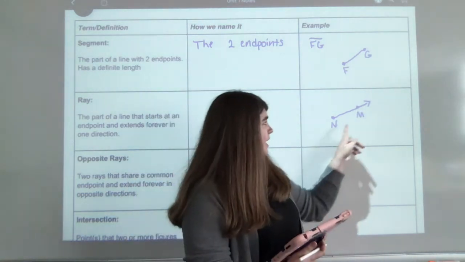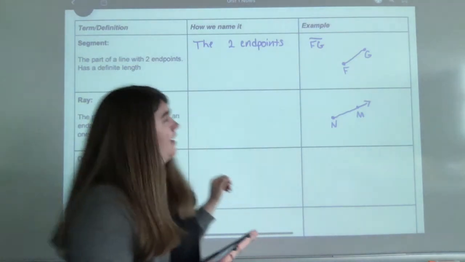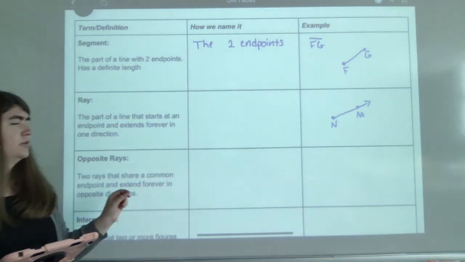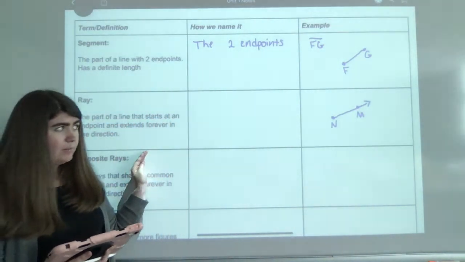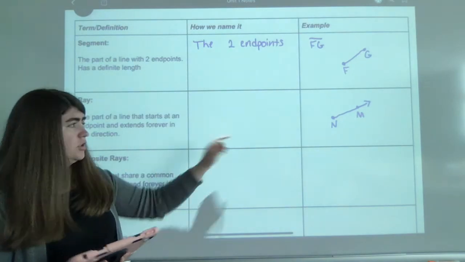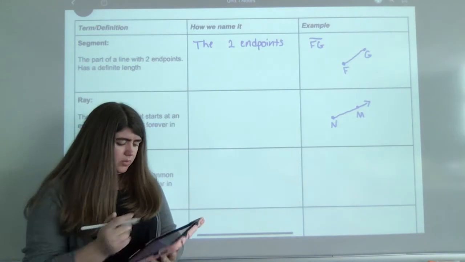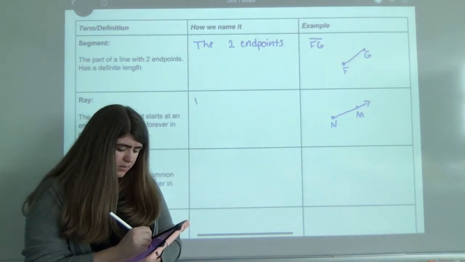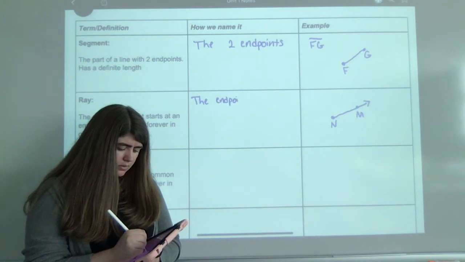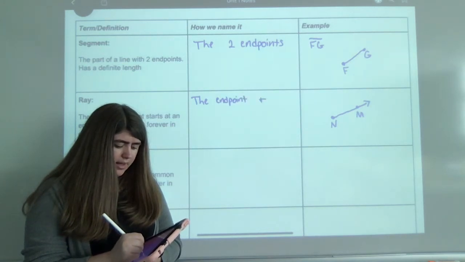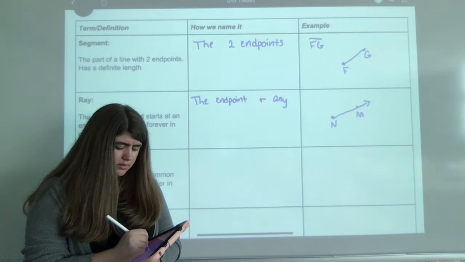So I have N and M. How do we name the ray? When you are naming the ray, you have to use the one endpoint. So we're going to start with that part. So we use the endpoint and any other point